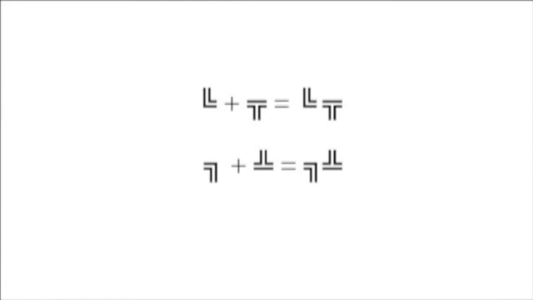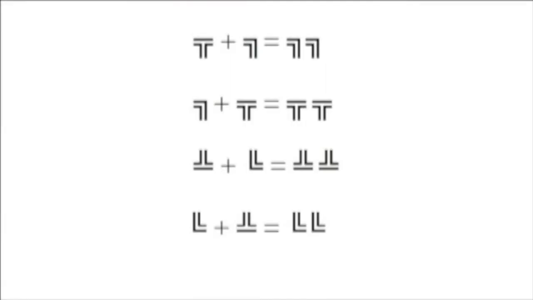Also, if you combine a T and an L in certain orientations, still there's no change. But when T's and L's meet and combine in other ways, they can interact and undergo change. For instance, if a right side up T joins with an upside down L, the T can turn into an upside down L. If an upside down L meets up with a right side up T, the L can turn into a T. It depends on the orientation when they happen to meet up.